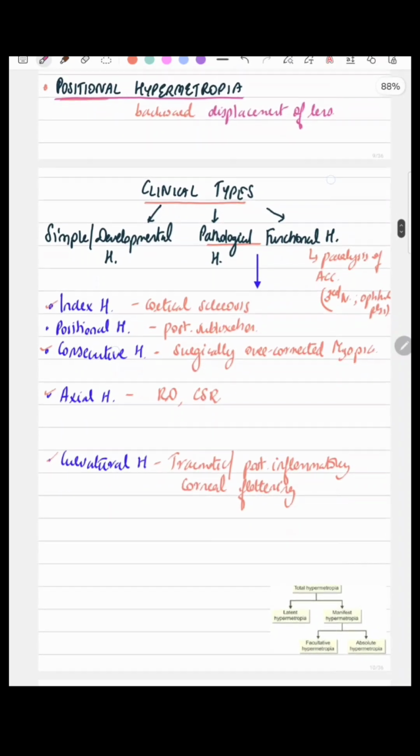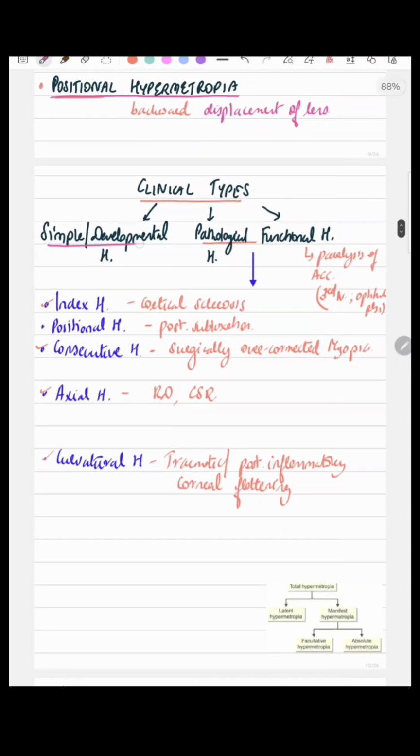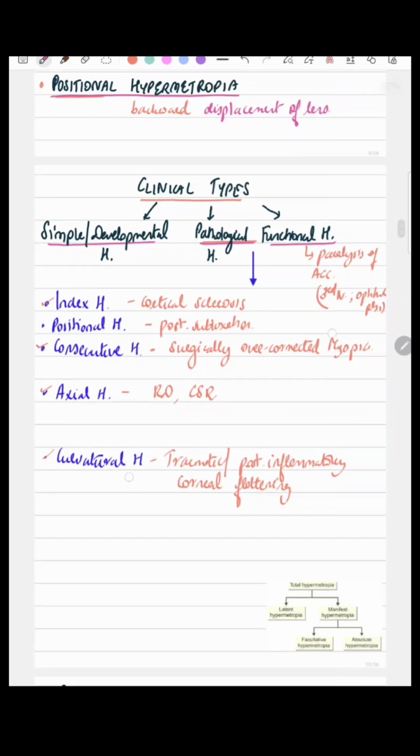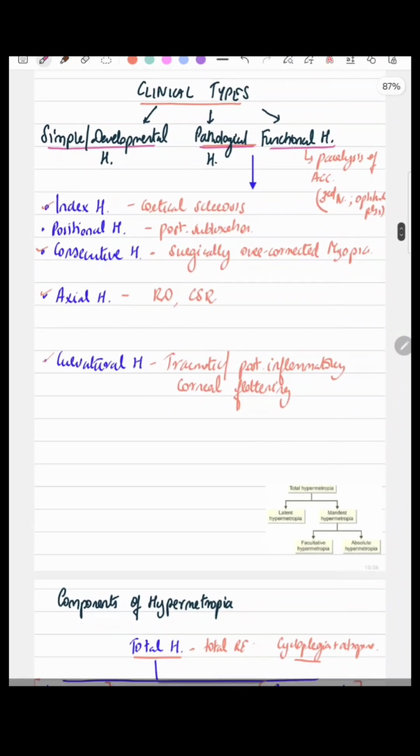Next, coming to clinical types of hypermetropia, it can be simple developmental hypermetropia, pathological hypermetropia, or functional hypermetropia. In pathological, it can be index hypermetropia, that is due to acquired cortical sclerosis, or positional hypermetropia due to posterior subluxation of lens. Then pathological can be consecutive hypermetropia due to surgically overcorrected myopia, or axial hypermetropia due to forward displacement of retina,